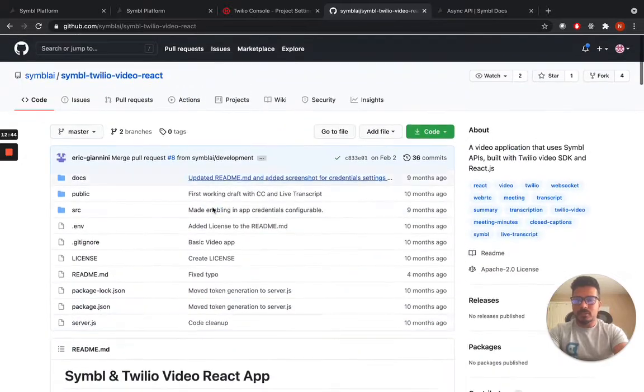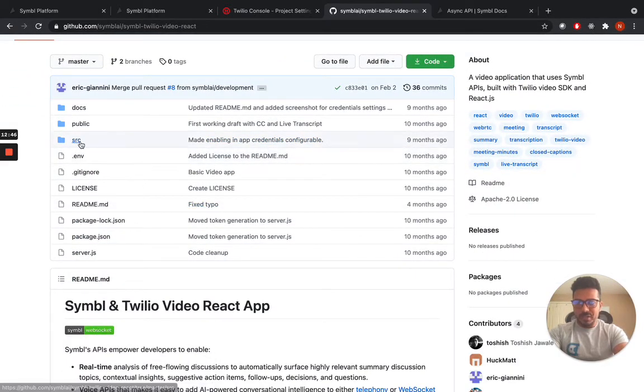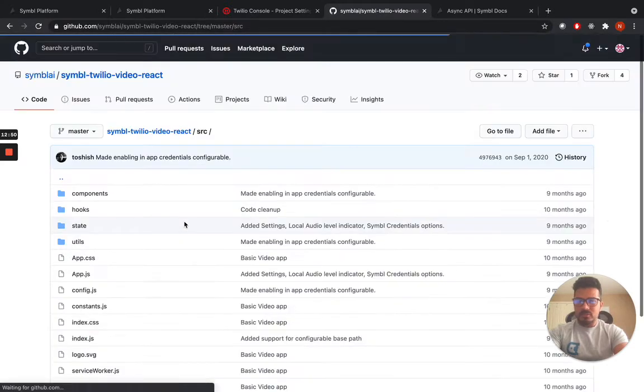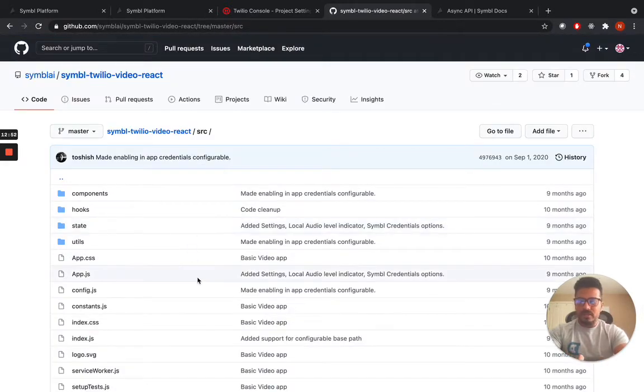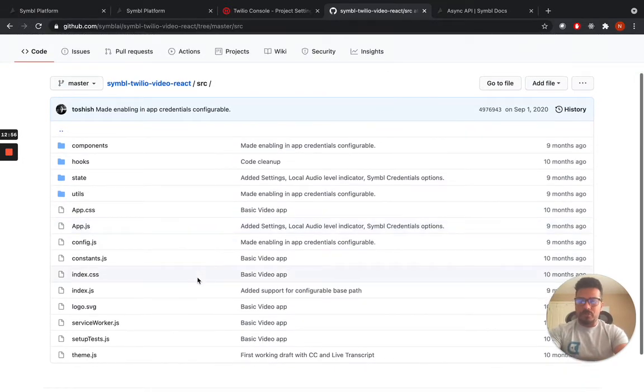Okay, so this is a repo that we downloaded and are using here. If you go to the source folder, I'll walk through the main important files. It is basically a React application. If you are familiar with JavaScript, you should be able to easily change the files however you want. And even if you are not familiar, and you code in any other language, JavaScript is pretty plain, and you can understand it if you just read the code.